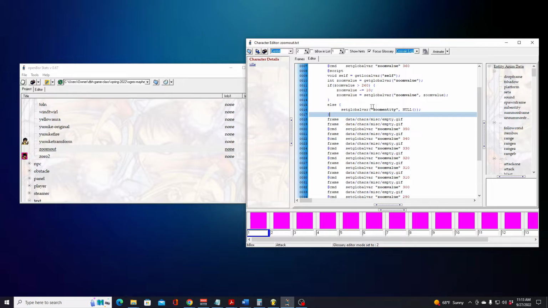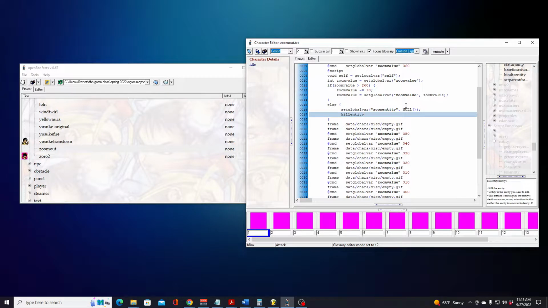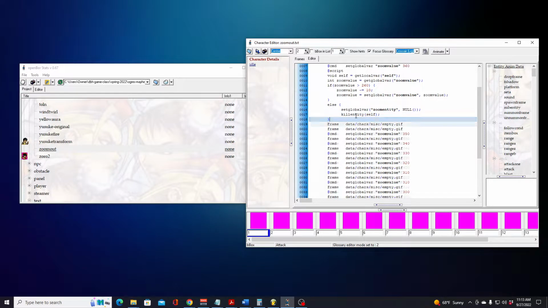So first we're going to set the entity to null, and then we're going to kill entity, which is self. And remember, self was already declared at the top here. So you don't have to always show this whole thing. You've already stored it in its own variable, and you would just kill it here. And at that point,